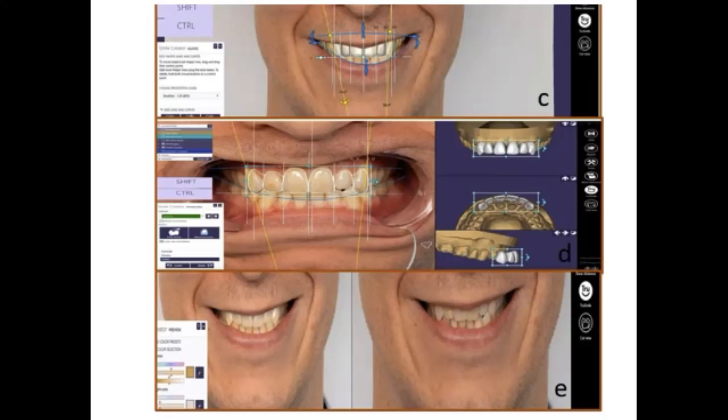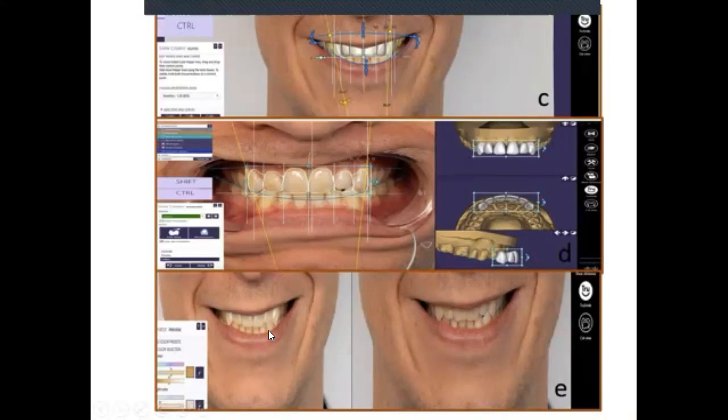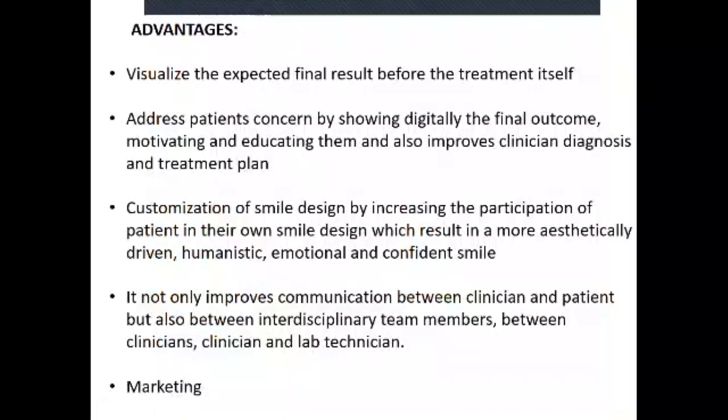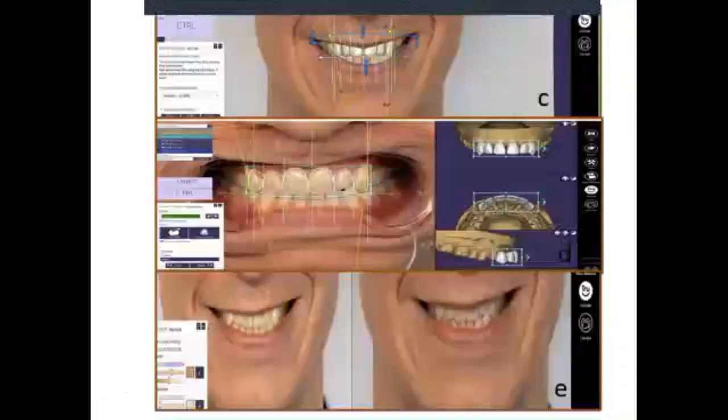If you just upload your pictures, the software cannot give you the final outcome. Rather, the clinician and technician should sit together, and they have to decide the treatment protocol, a customized treatment protocol for every patient. So in the final picture, you can see the proposed outcome without even giving any procedures. So with such